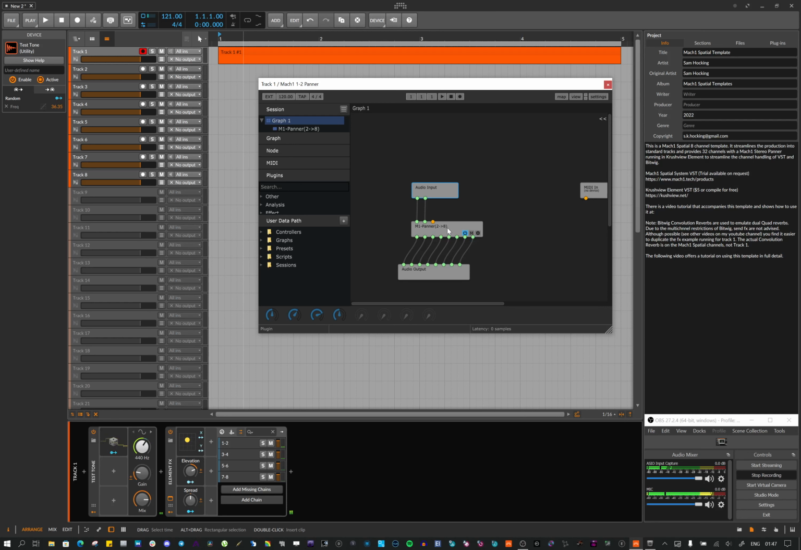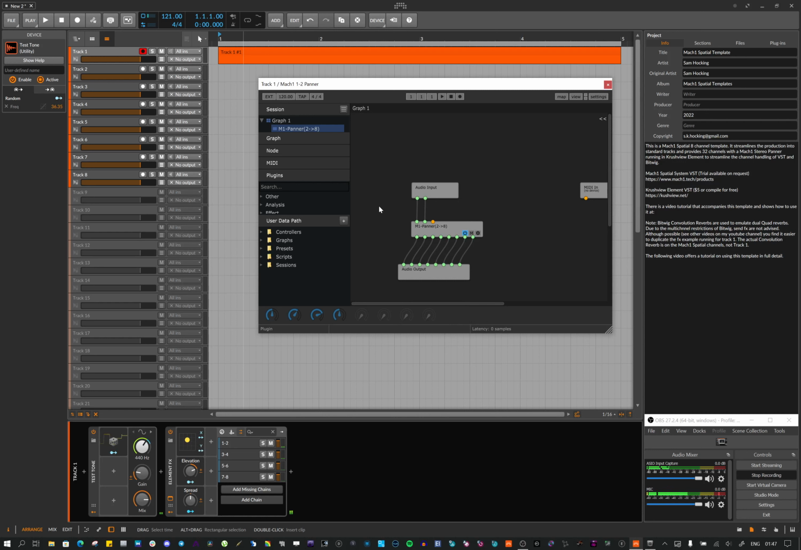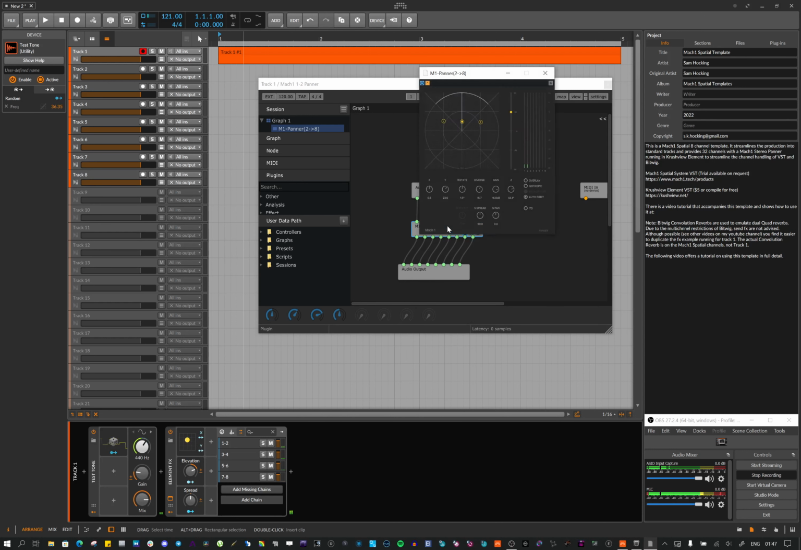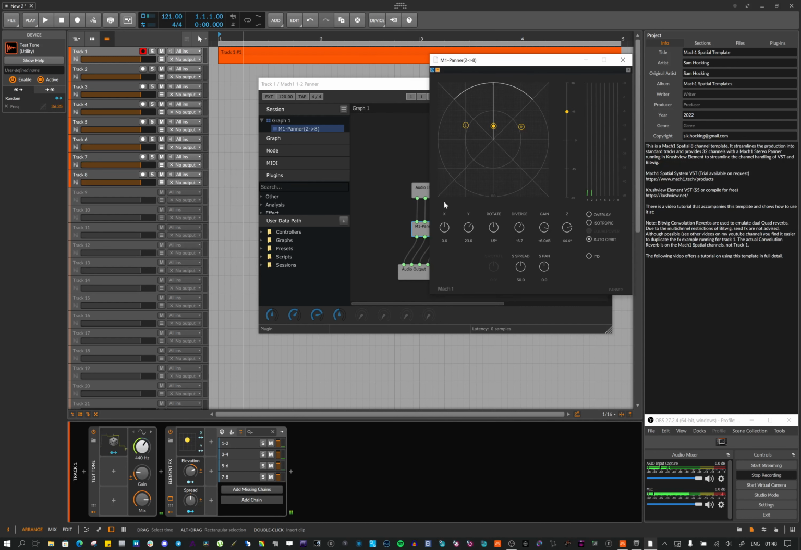and within Krushview Element you can host plugins. So just like any VST host, it just links to your VST plugins folder. And so we've got a Mach1 Spatial Panner running. The X, Y, elevation and spread are all linked to these 4 controller parameters here,